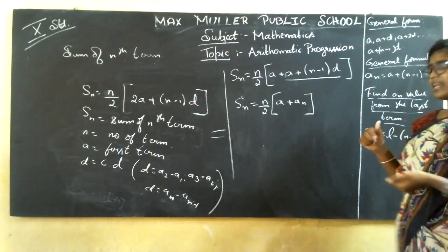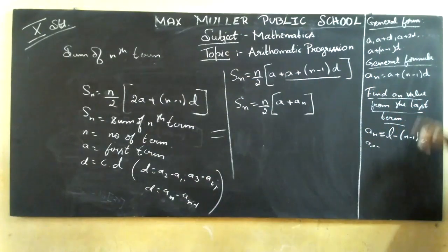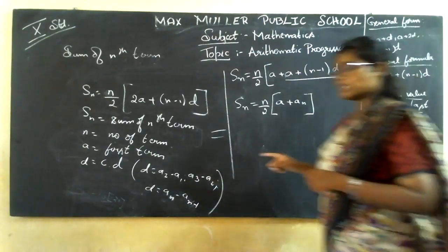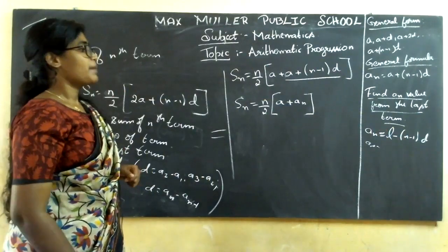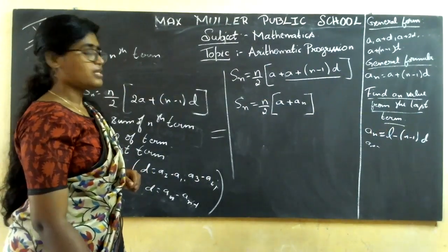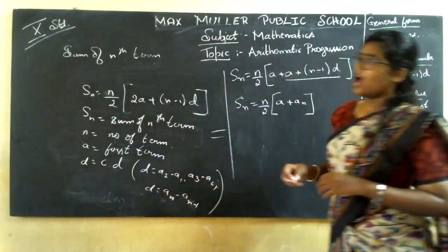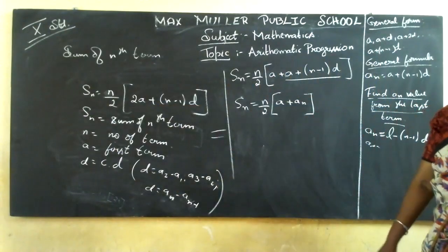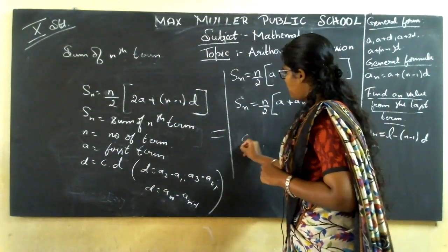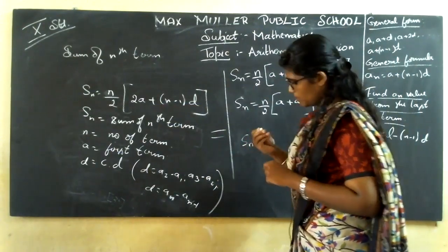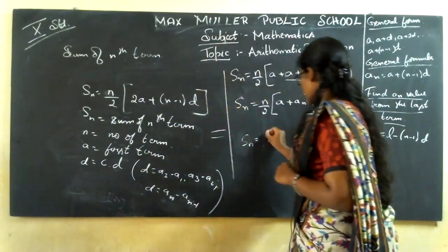And you have one more formula, the Sn formula. Since you have learned the an formula from the last term, let me also teach you the Sn formula from the last. If they ask you from the last, or if they give you the value of the last term, then what happens? Sn is equal to n by 2 a plus